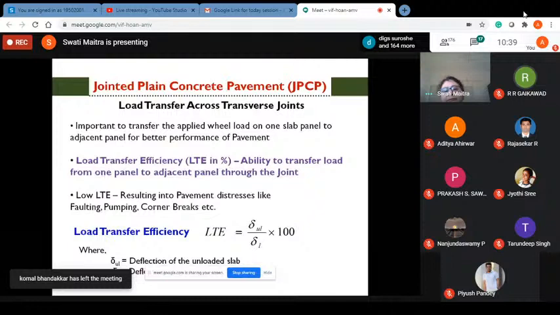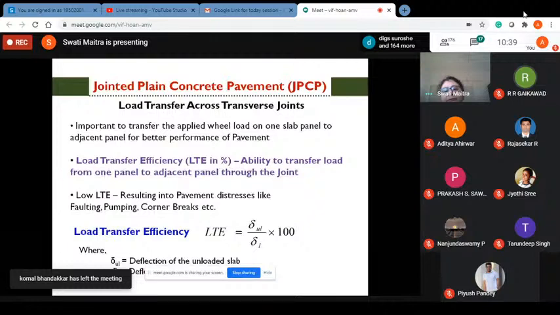So this is also the finite element modeling of the aggregate interlocking action. You can see here that this is the crack below the saw cut. One side is the loaded slab, another side is the unloaded slab, and they are connected by the aggregate interlocking, which is represented by a set of springs. So these spring elements connect the nodes of the adjacent slabs, and